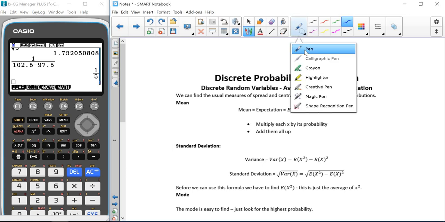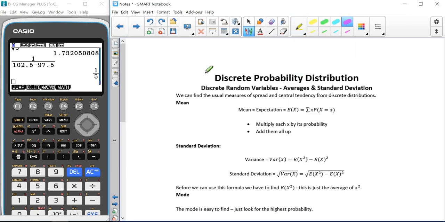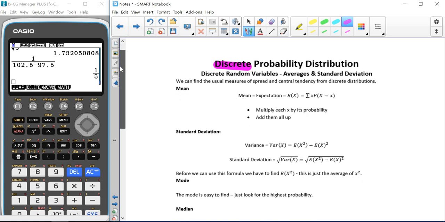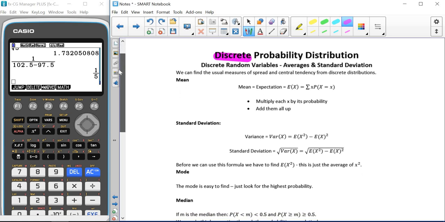So now we're going to start having a look at discrete random variables. Discrete random variables means that they can only take on set values. Another example of a discrete distribution would be the binomial distribution. It can only take on set values, not decimal values. To find the mean for a discrete random variable or a discrete probability distribution, we are going to have to